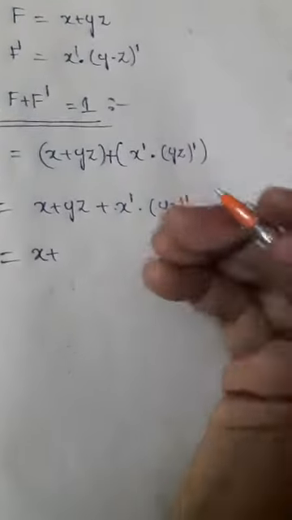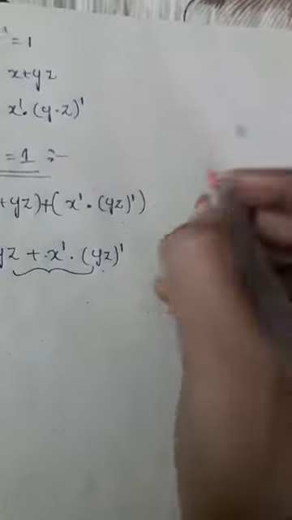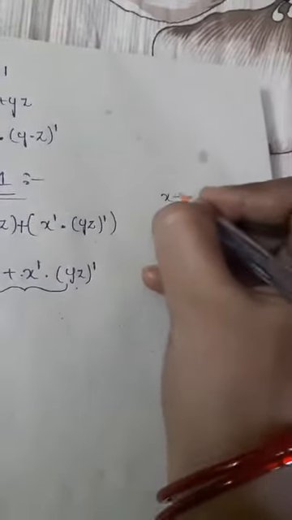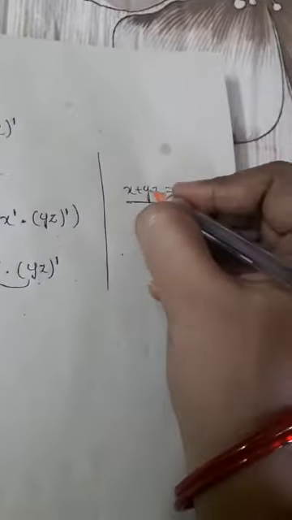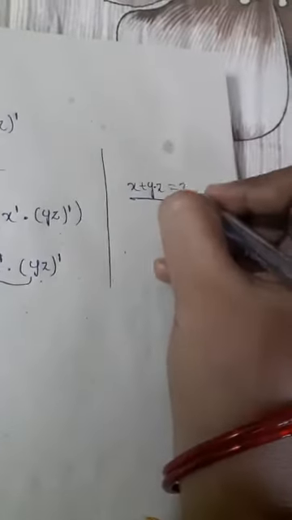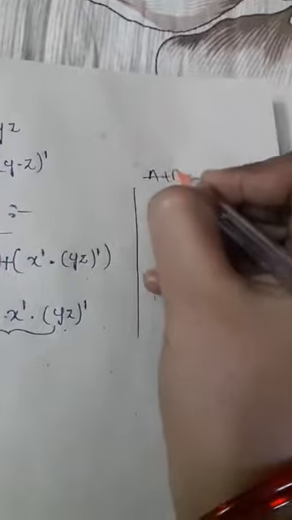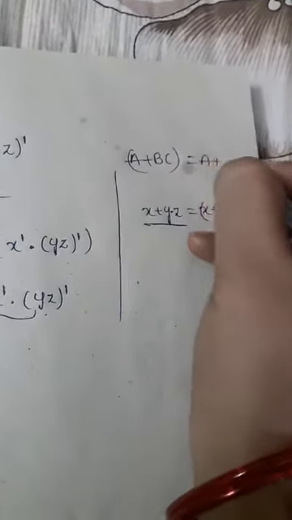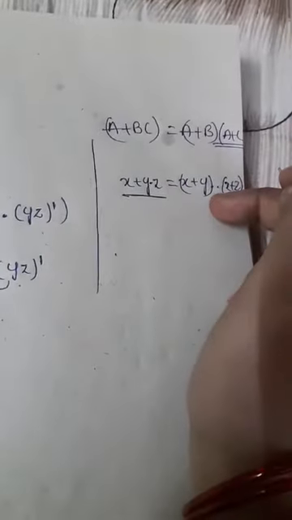Okay, so here just observe, by using the distributive law I can simplify these two terms. What is the distributive law actually, x plus yz is equal to, what is the distributive law for this, x plus yz. So we'll simplify these two terms, that is nothing but x plus y into x plus z. Like this we have to write it, right, by using the distributive law. So what is the distributive law actually, a plus bc is equal to, we'll get the function becomes a plus b into a plus c. Actually this is the distributive law, by using that I can rewrite this value.